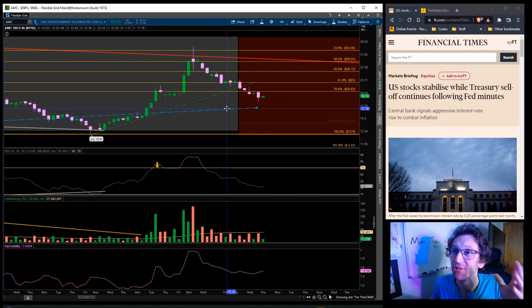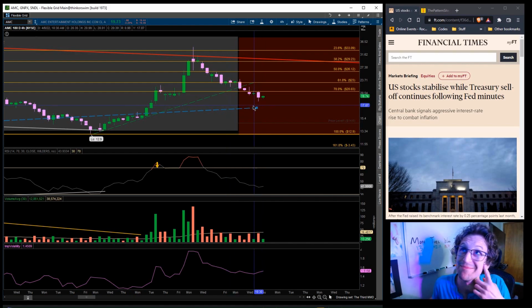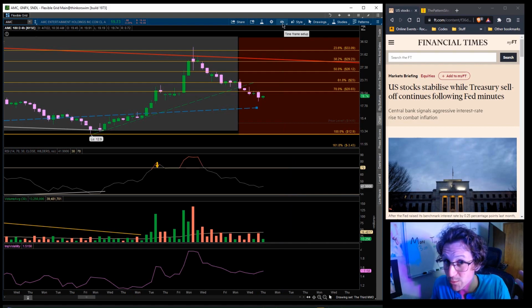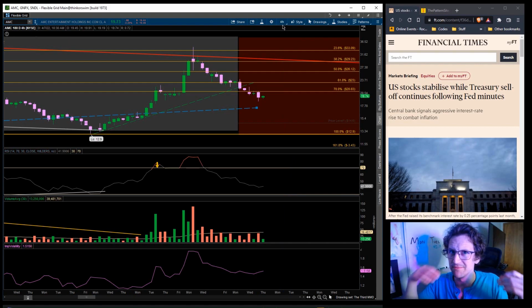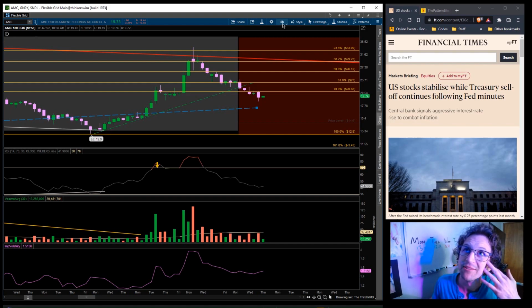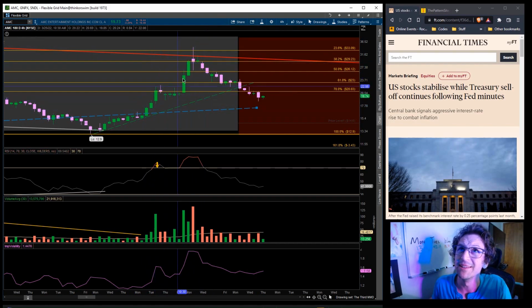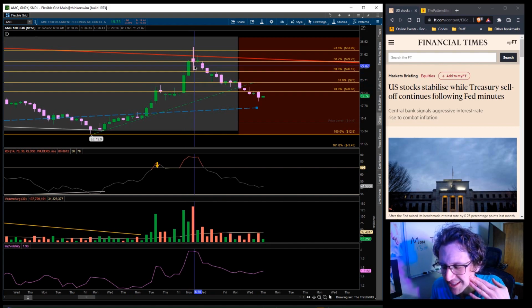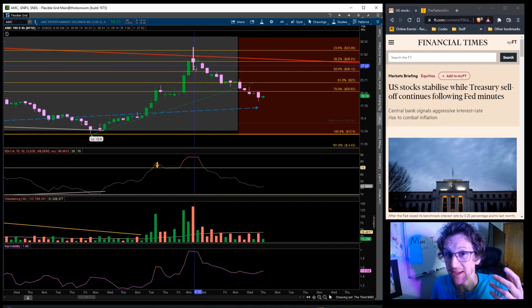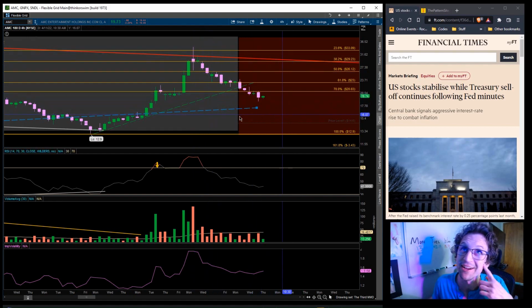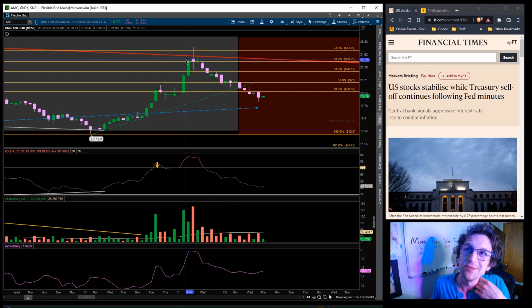And I'm waiting for that vertical run down to establish, and it might start at this level. I know that's crazy. Look at all this downside. How could there possibly be this much downside? Well, the price rose well over 100, almost 200% in the matter of a week and a half. I mean, come on. It's often said that the price falls faster than it rises, but in AMC, that seems to be backwards. It seems to fall longer than it rises, and this was a long rise. So I expect the fall to be even longer.